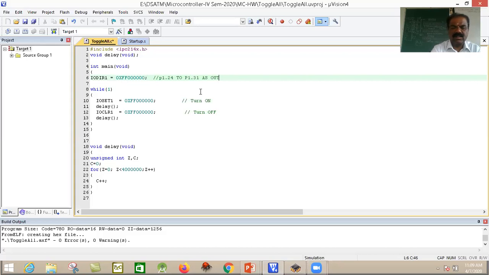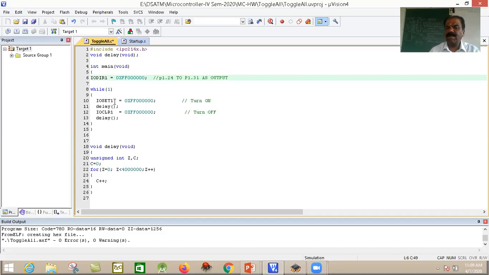Okay, that is the purpose of using this particular statement. Make this pin, starting from here, as an output. I have to configure P1.24 to P1.31 as output. That is over. Then while(1), beginning of the while, end of the while, it is an infinite loop.